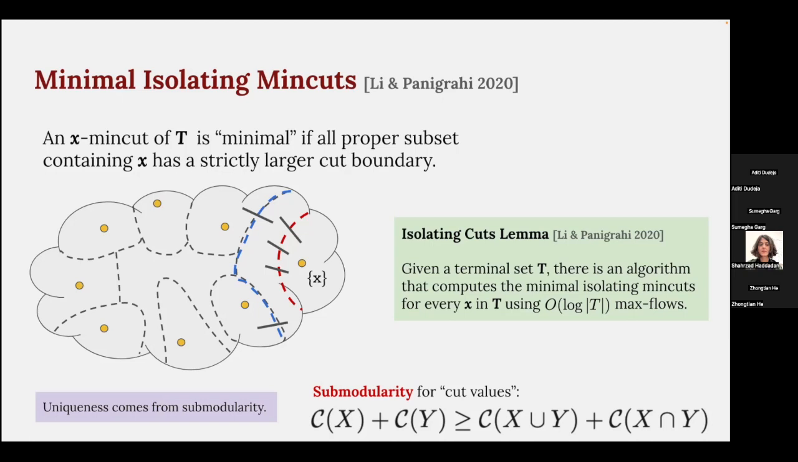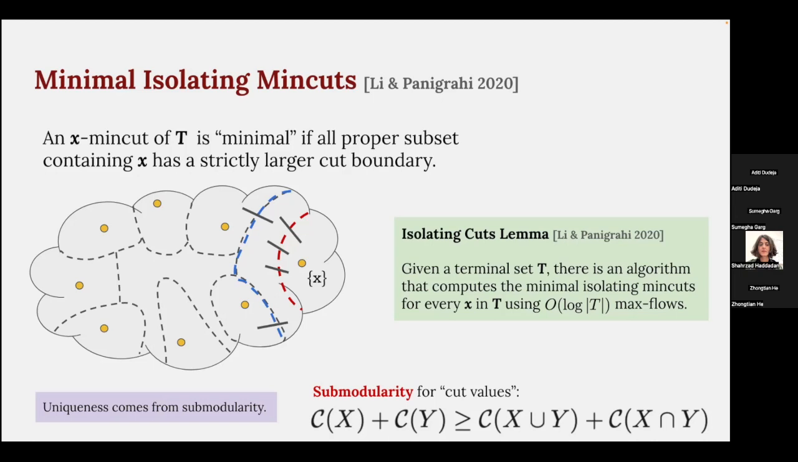It turns out there should be at most one minimal isolating min cut. This is by submodularity: if you have two subsets X and Y that intersect, with one not containing the other, you can take the intersection, because they are min cuts, so all of these values should be the same, and you get a minimal one eventually. The uniqueness comes from this. The previous work says that given any terminal set T, there is an algorithm that computes minimal isolating cuts for every terminal in T